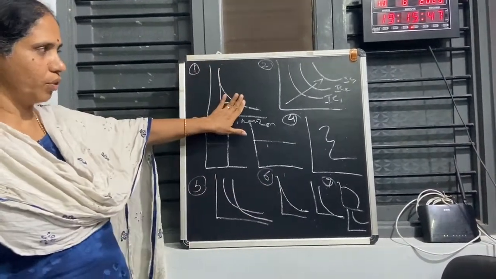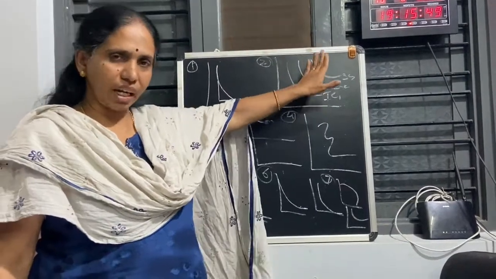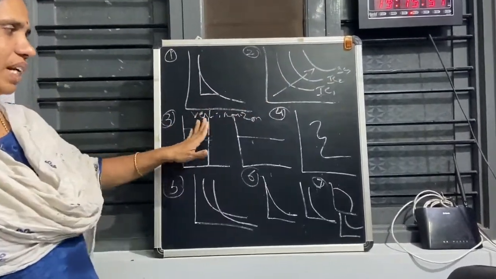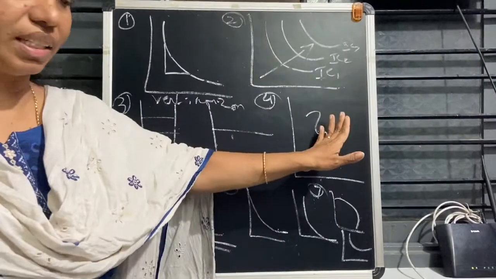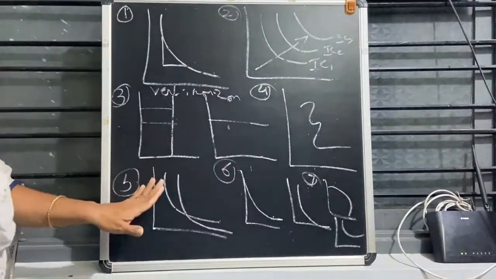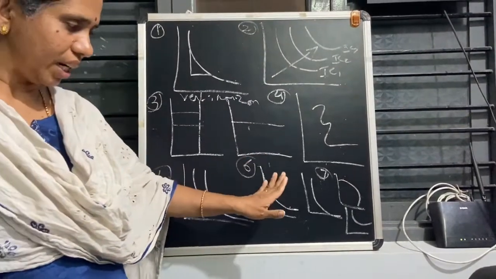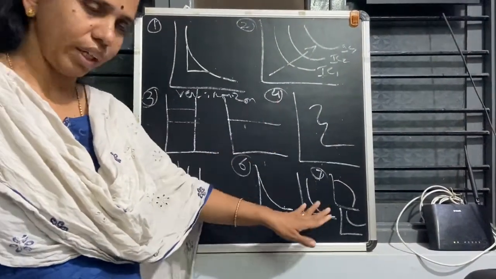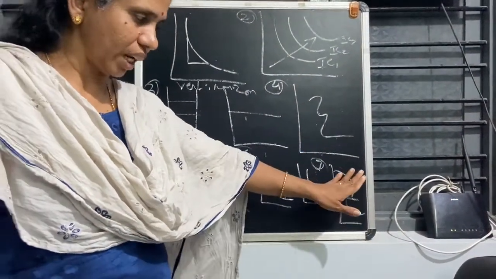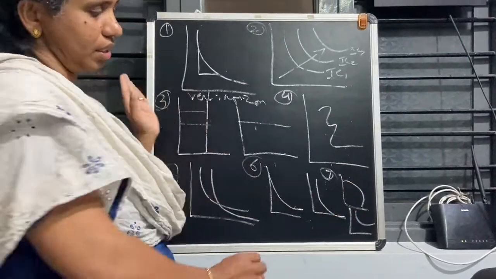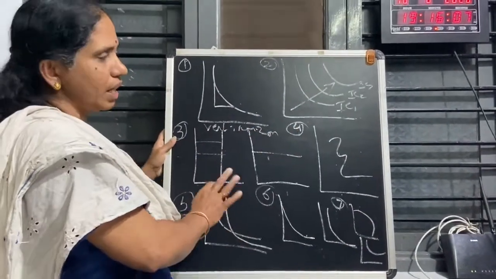So these are the principles of indifference curve analysis. It always slopes left to right. A higher indifference curve shows a higher level of satisfaction. It cannot be a vertical or horizontal line. It cannot be bulging like this; it should be a proper curve. Any two indifference curves never cut each other. Any indifference curve cannot touch the x-axis or y-axis. It cannot be concave; it is only convex. These are the principles of indifference curve.